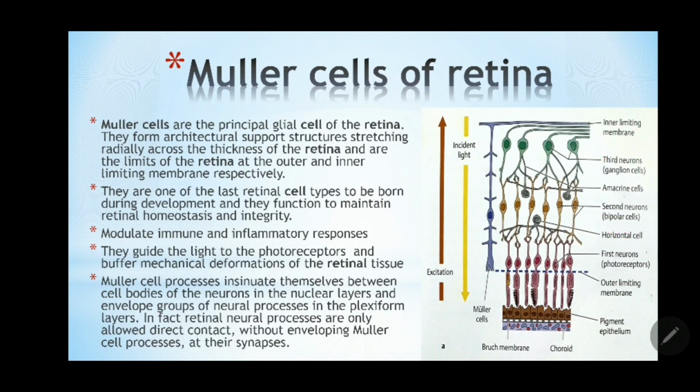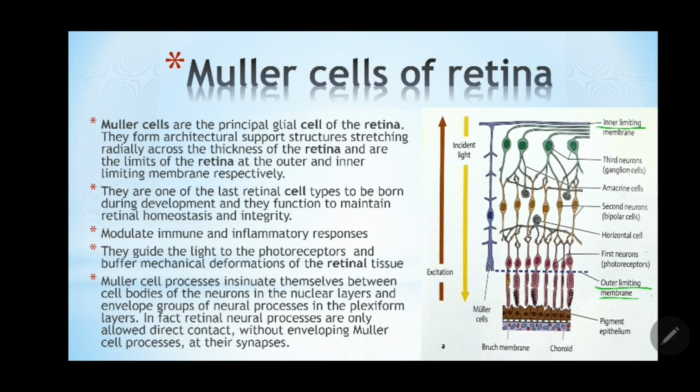I believe I already told you that Muller's cells are pillar shaped elongated cells, bridging from the outer limiting membrane up to the inner limiting membrane. Okay, so it runs from the outer limiting to the inner limiting membrane. The purpose obviously is to prevent the collapse of the neurons between the two limiting membranes. That is the mechanical importance, one.